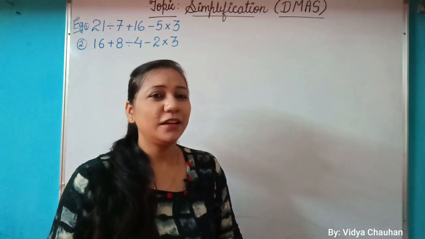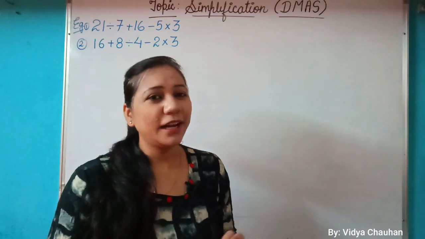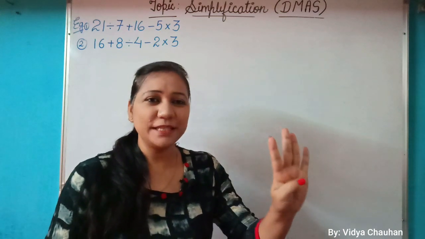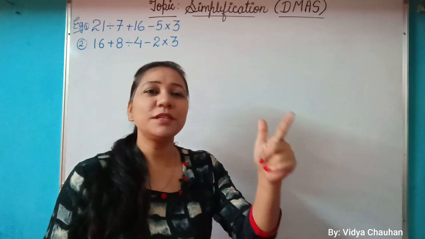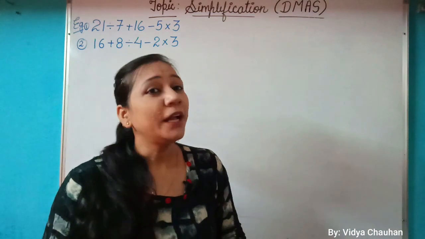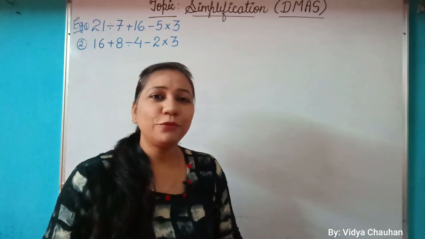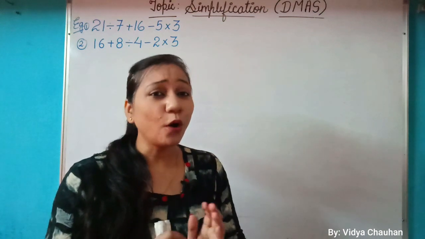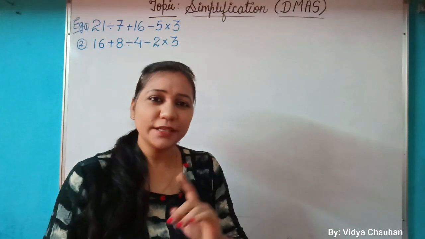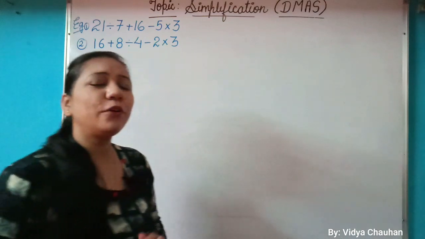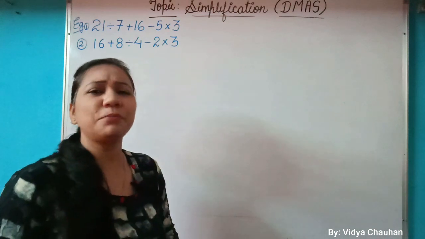We have started the chapter with addition, subtraction, multiplication and division. These are the four basic operations which we do with numbers. Now in today's lesson, in simplification, we may have to perform all these operations together in the same problem. There is just one problem given to us and we have to add, multiply, divide and subtract all together.